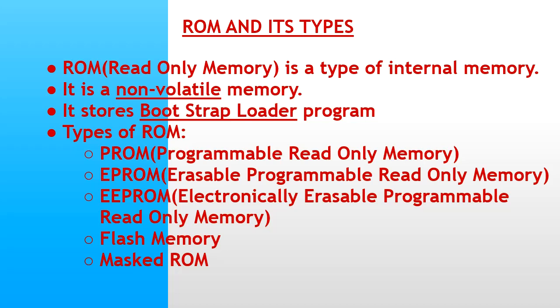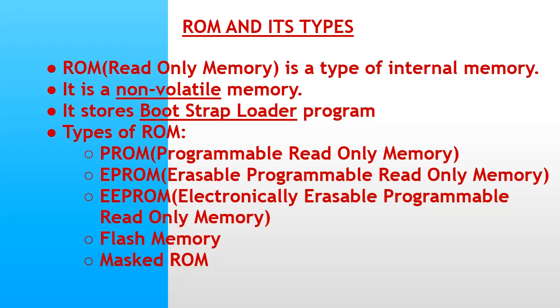EPROM stands for erasable programmable read-only memory. It can be erased and reprogrammed repeatedly with the help of some specialized software. The contents stored on the chip can be erased by exposing it to ultraviolet rays. However, the constant erasing and rewriting will eventually render the chip useless. It is not possible to retain the selective data from ROM.